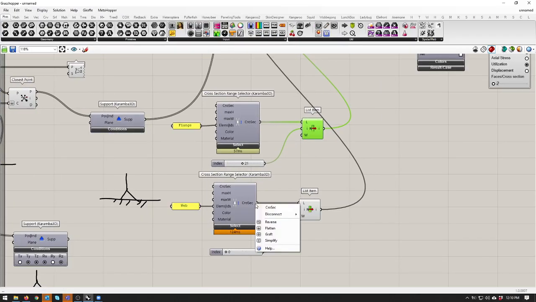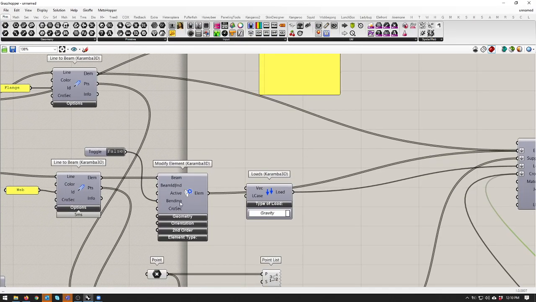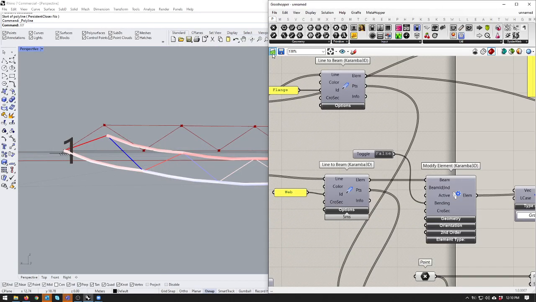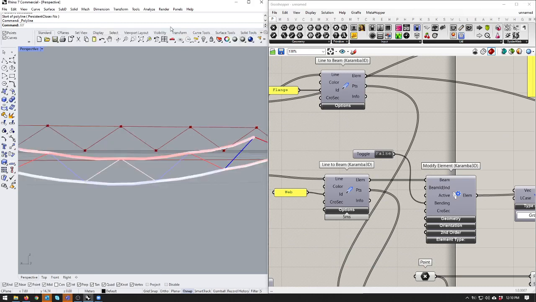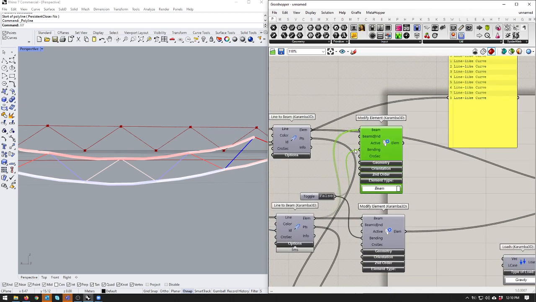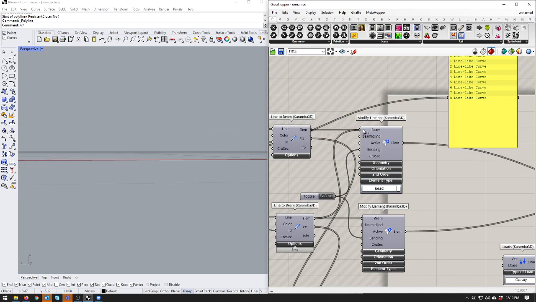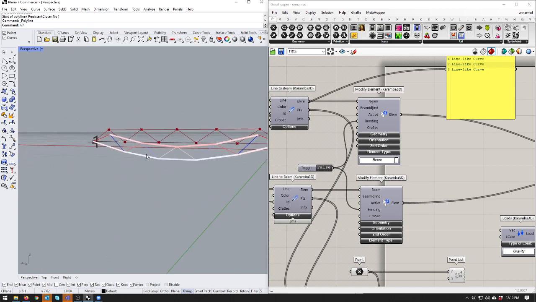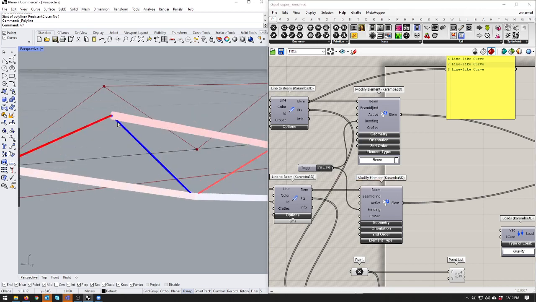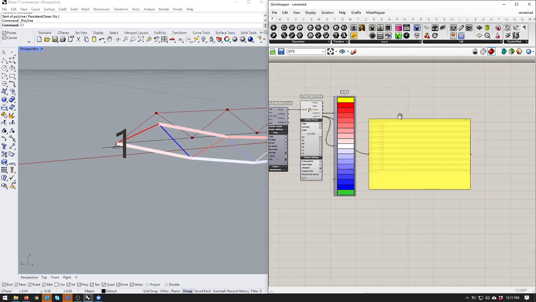Okay. Yep. And now look, this whole thing changes. You can start playing with what happens to this structure. We can start experimenting and using a system like this to, as long as the model is built properly, actually investigate what is a better solution. We could turn all of these elements into pin joints, so they can all be rigid or they can all be pin, and we can start seeing, if I now go over